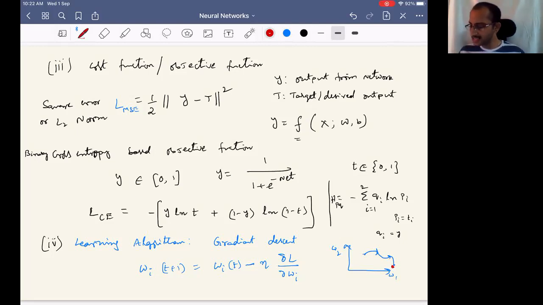So I will be moving in a parametric space, a function of W1, W2 and B also, in case I have bias. If I have W1, W2 up to W10 and B, I will have an 11 dimensional space in which I will be moving. And then I'm trying to see the height of the function in that dimensional space. What is that I'm looking for in that dimensional space?